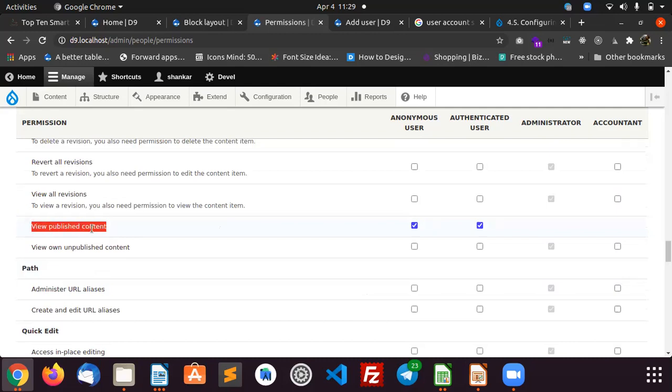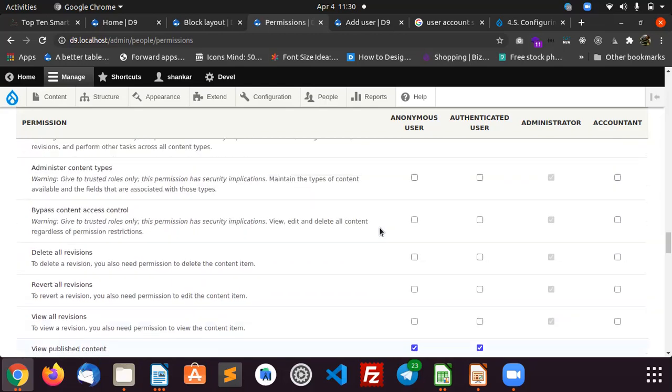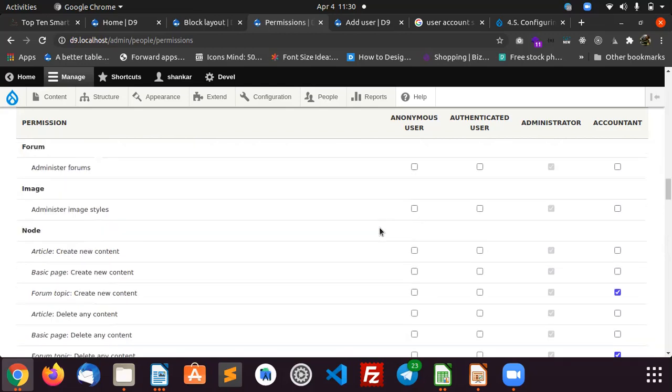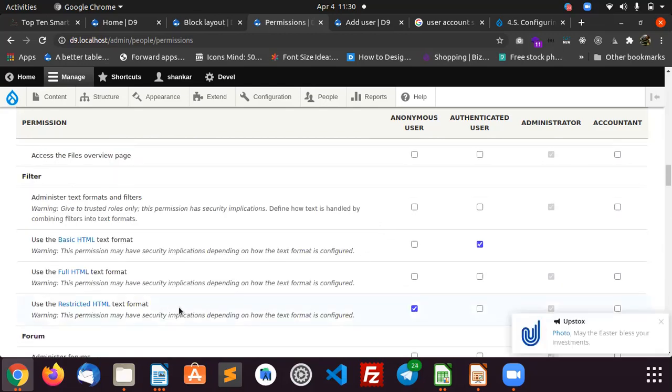For view published content, if you want to restrict all content access for the anonymous user, so that only users in the Drupal application have access, you should uncheck that checkbox. If you don't want to expose it to the anonymous user, you can disable it here. And what else is there? We have the restricted HTML text format. That also, if you want, you can enable.